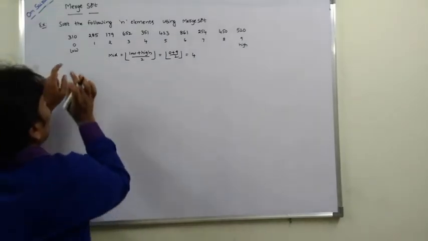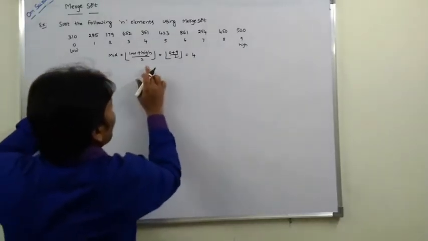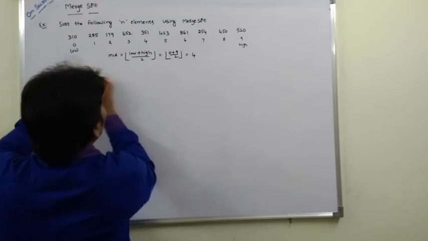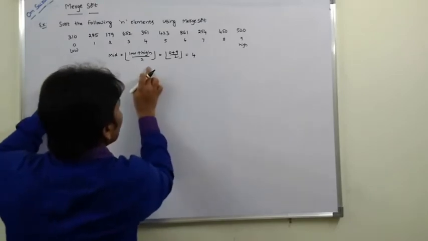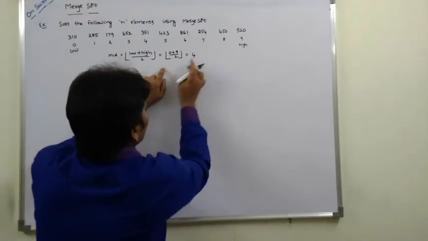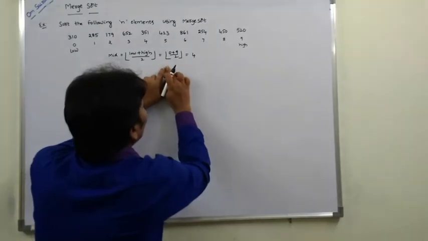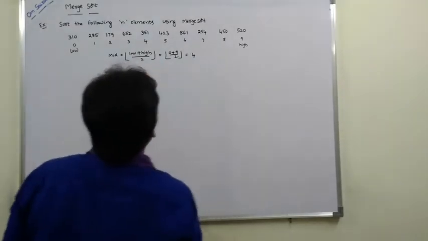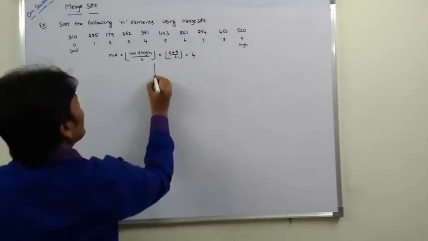Next. So from 0 to mid value is 4. 0 to 4, this is the first sublist. Mid plus 1, that is 4 plus 1, that is 5. 5 to 9, this is the second list. So then,